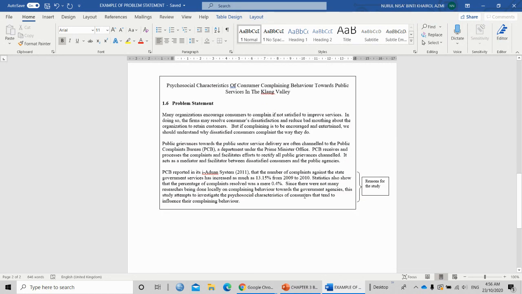Okay, so what I want you to do, first, you find a broad problem area. Okay, based on the broad problem area, then you can come up with what you are going to do for your research. And then you can propose this to your supervisor. Okay, ada setengah supervisor memang dah ada tajuk. So you don't have to come up with the broad problem area, but you can find a background of